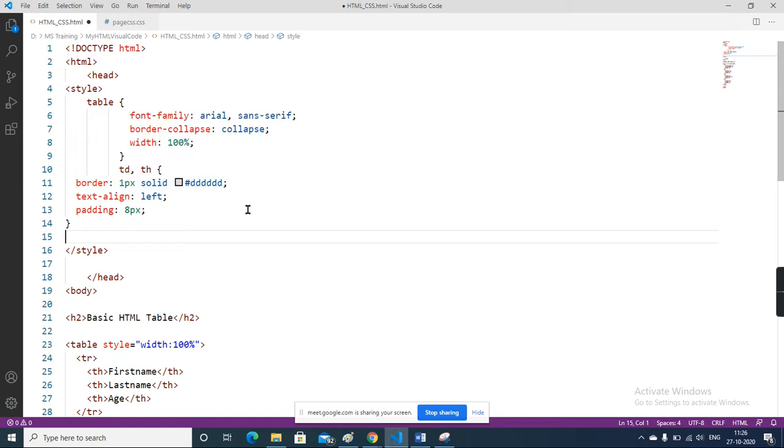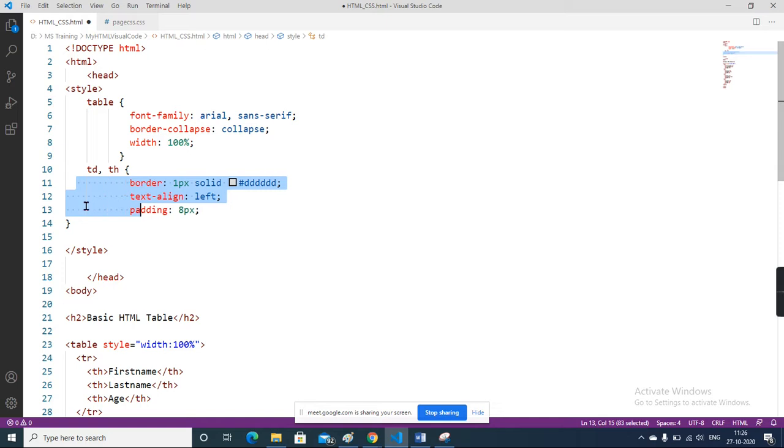Okay, so here alignment is very important. So here TD TH means these are the elements. Table is an element, TD TH. On the TD TH you want to apply the CSS. So what are the CSS properties of border?